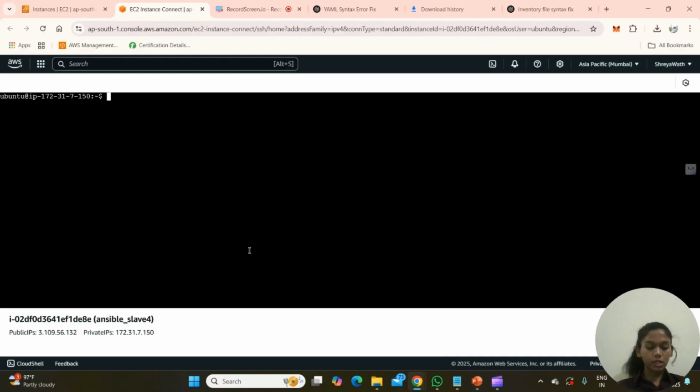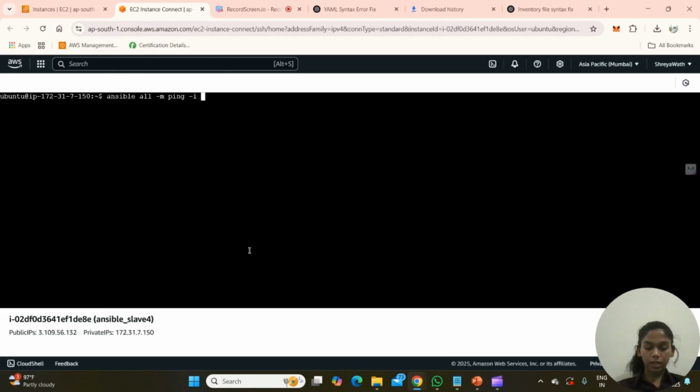For that, we'll be using the ping command, that is ansible all -m ping. M is a module, ping is a module, that's why -m. Then you have to give the path of your inventory file, therefore -i.